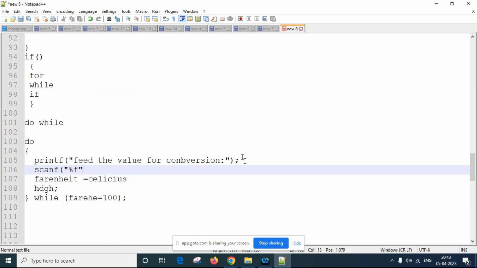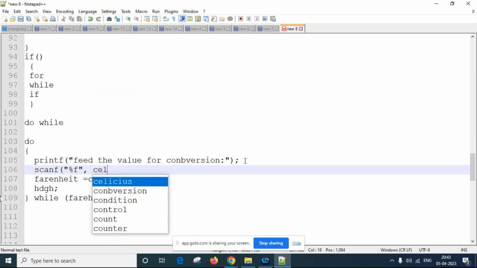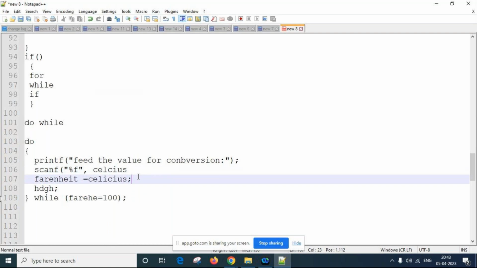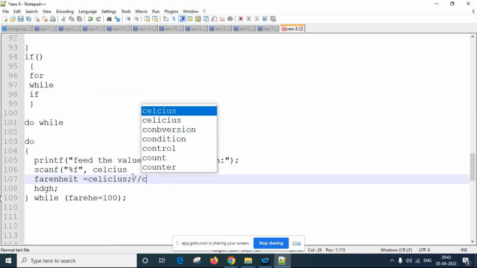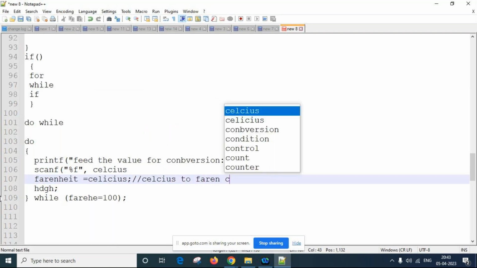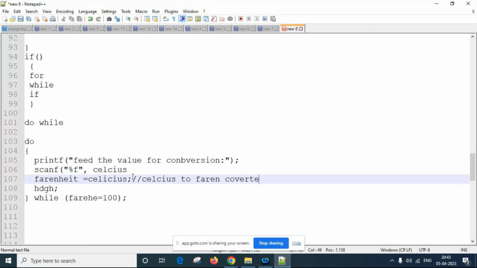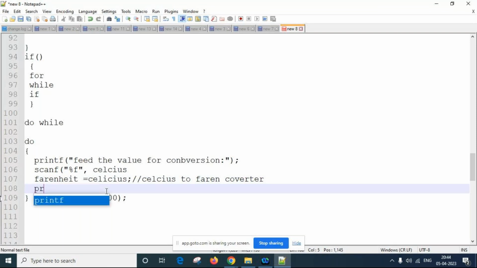Since degrees can be in float, this loop is a Celsius to Fahrenheit converter. Do you want to convert another number?